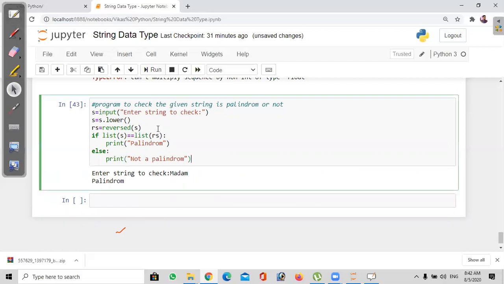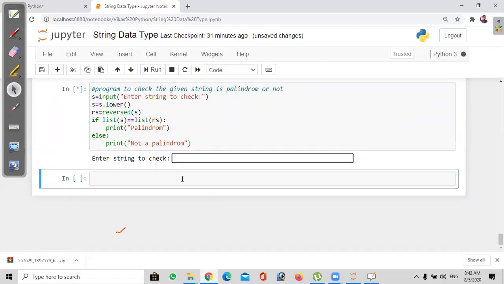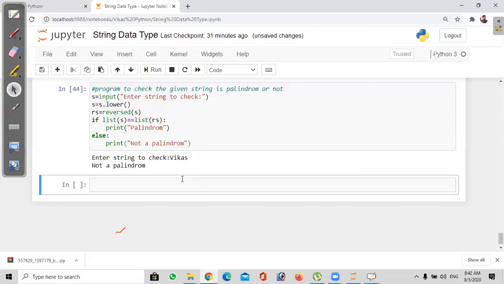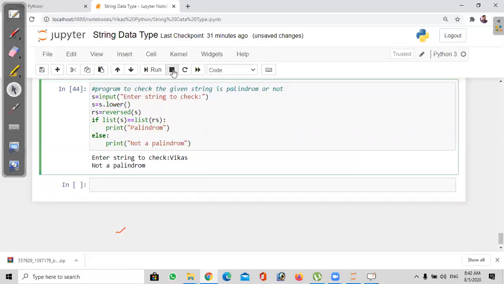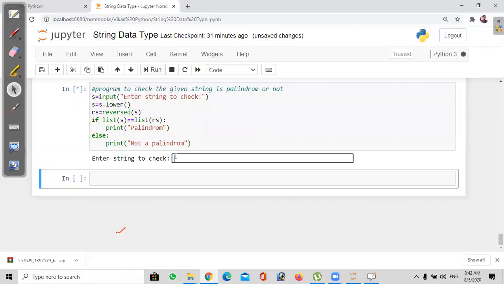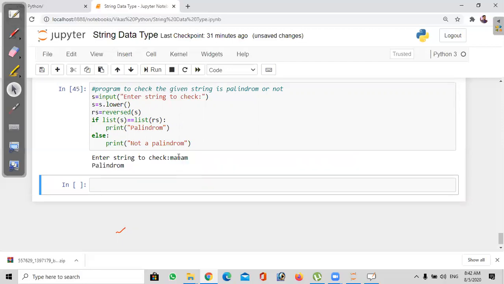It's a palindrome. So when you run this one again, it's not a palindrome. Okay. So likewise, we can write other palindrome examples. It's a palindrome. Okay. So likewise, we have examples.